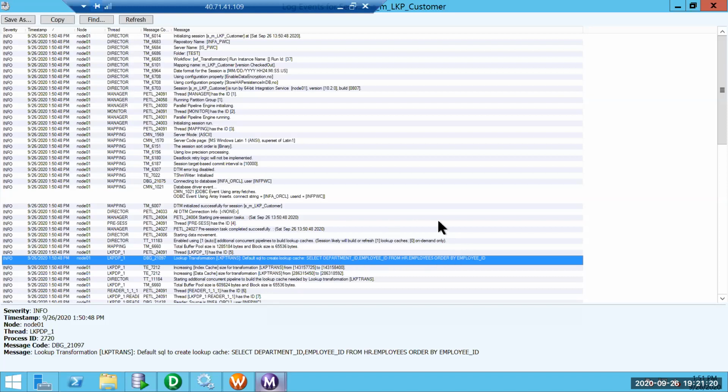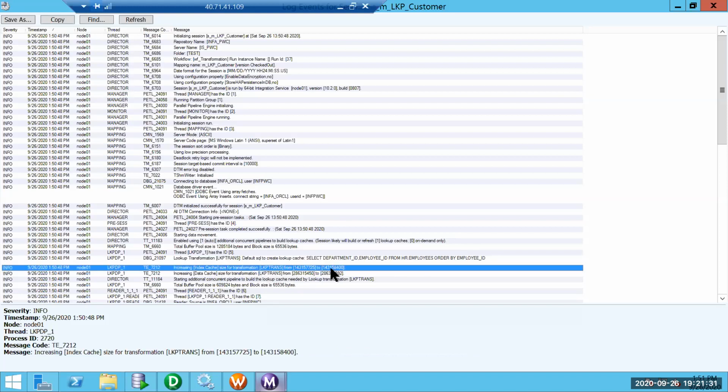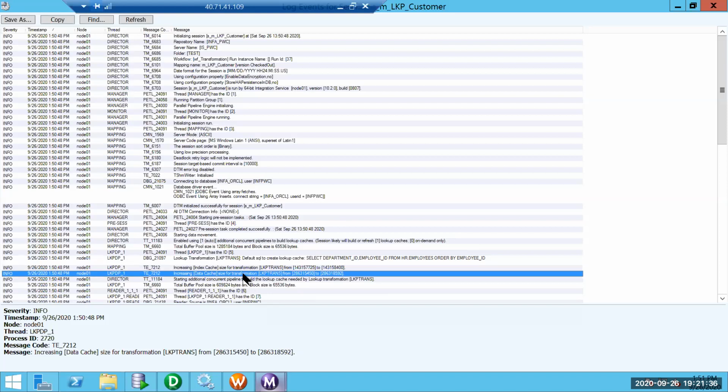This is how we restrict or limit the cache size. We will also see the size, how much it consumed. So index, it consumed this much, and data cache. There are two types of cache: index cache and data cache. The columns used in the join condition go in the index cache, and the remaining columns are in the data cache.